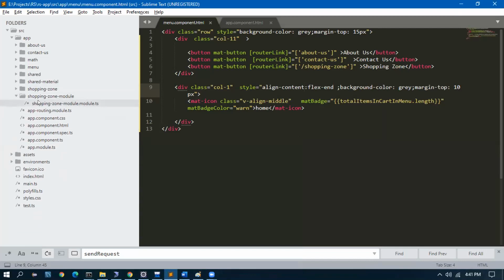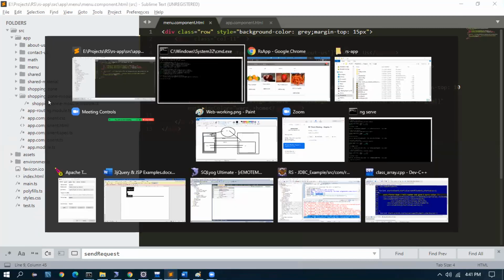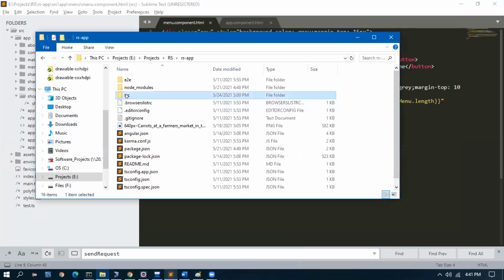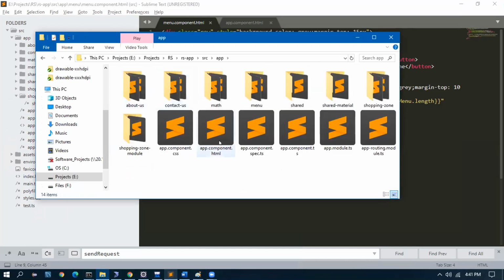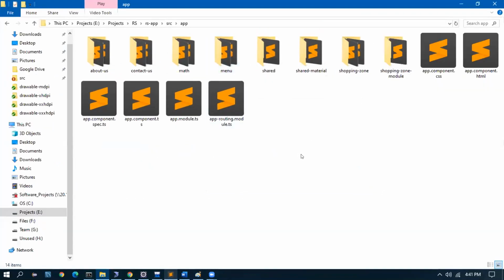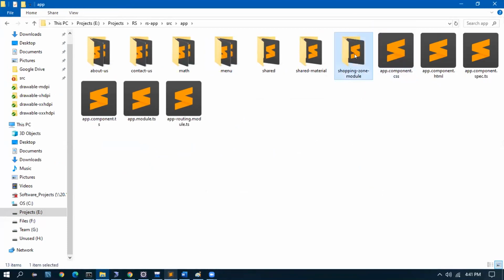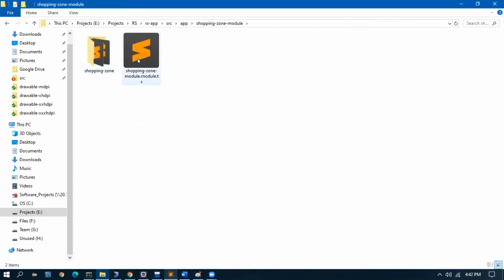What I will do, in this shopping zone folder, I'll just do one small rearrangement of the folders. We have the shopping zone module. Inside the shopping zone module, I'll push this folder. So what we'll have: one module file outside and shopping zone files inside.